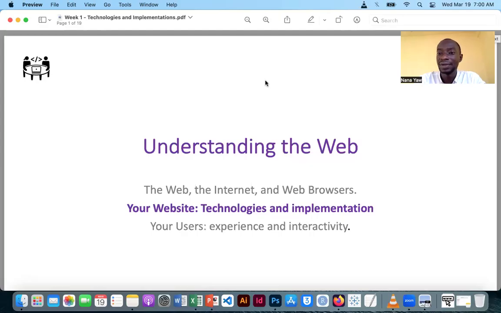Now, we said the web was a series of interconnected documents and resources, online documents, which will be in the form of HTML, which will be in the form of web pages, which will be in the form of PDFs, and resources as well. People access the web for information. In order to do that, these documents that live on the internet